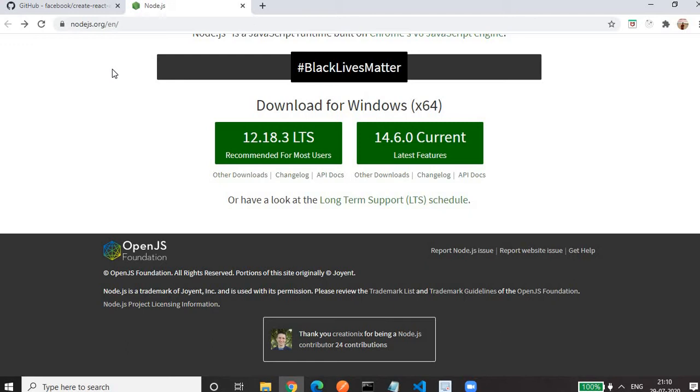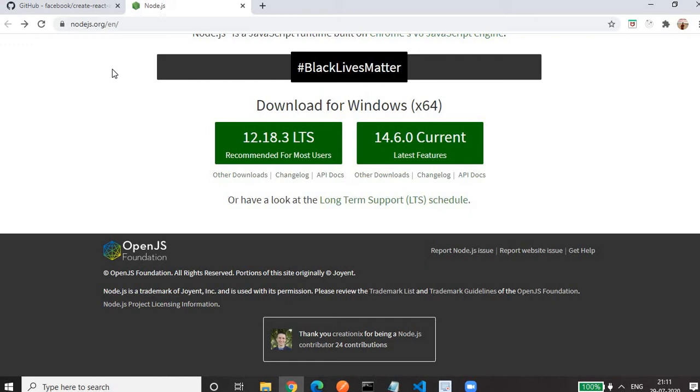Because in React.js we'll code in ES6 JavaScript, which is a higher version of JavaScript, and most of the older browsers won't understand this. So we have to compile ES6 to ES5 JavaScript so that all the browsers will be able to understand it. This compilation, this transpilation process, will be done by Babel. This is the first thing that we need.